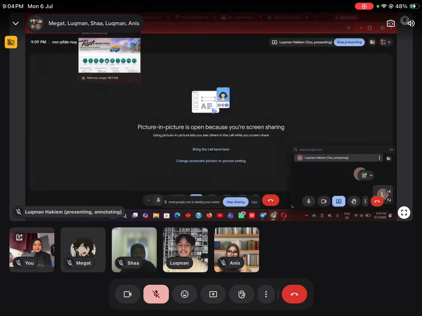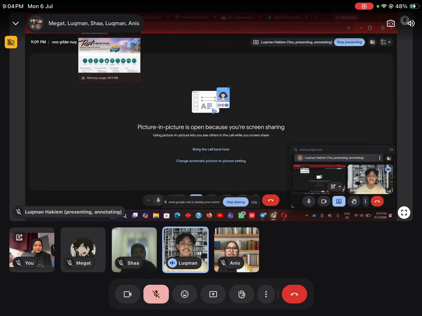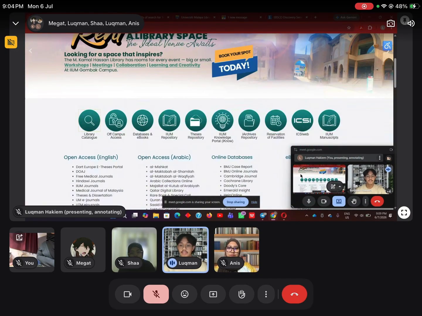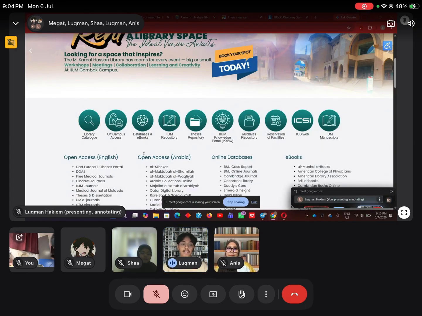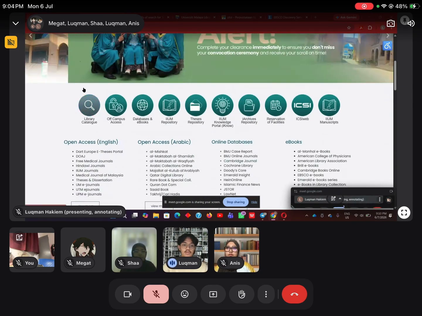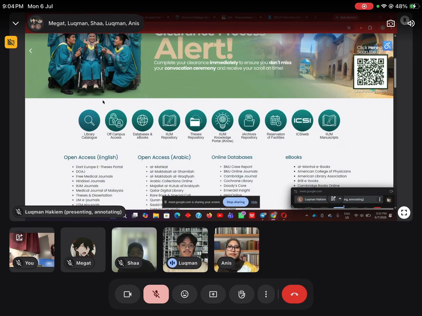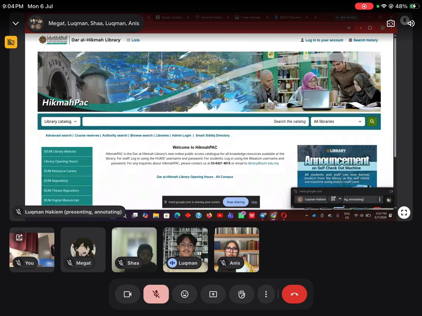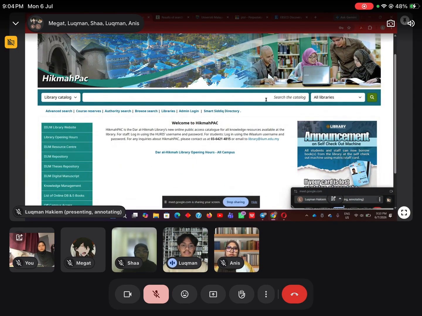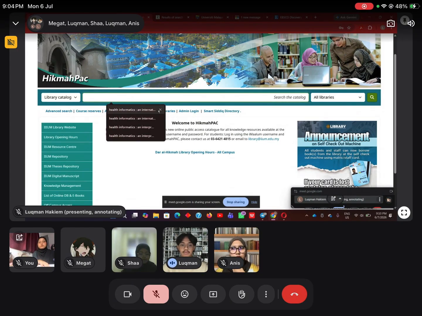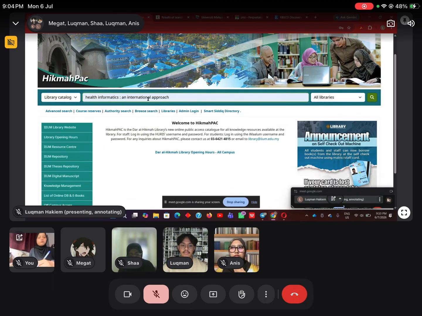Can you guys see my screen? Okay, so first of all, we will go through the IIUM website. So as you can see here, the library catalog is very visible. Okay, so I will click on it. Okay, so now here's the catalog button. It is very easy to see it. It's very visible. So I will type in the